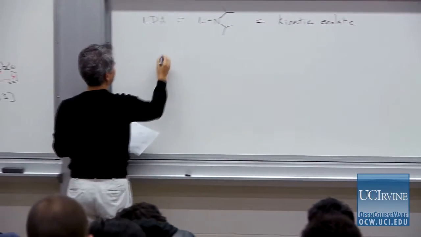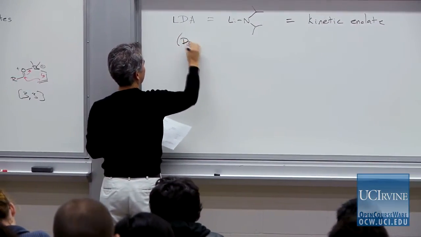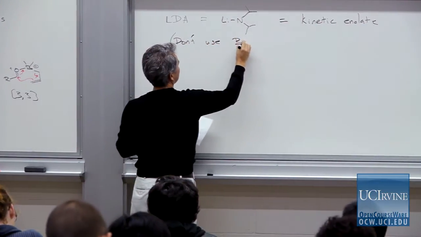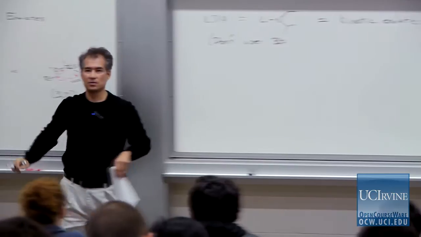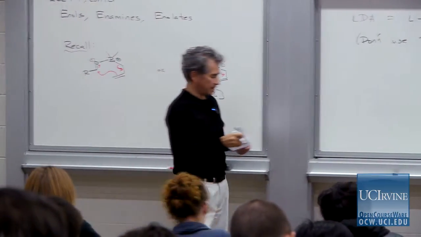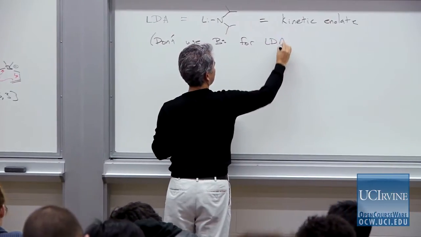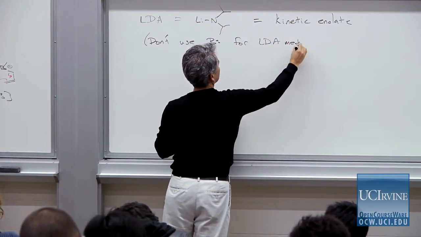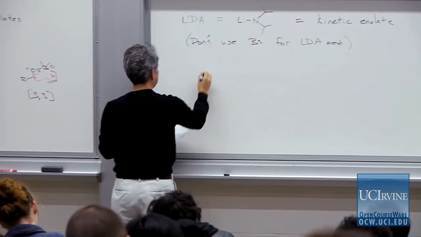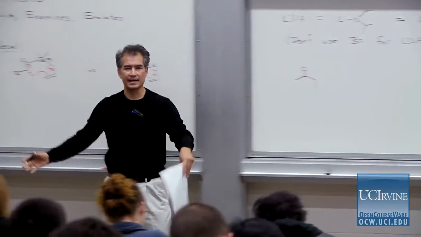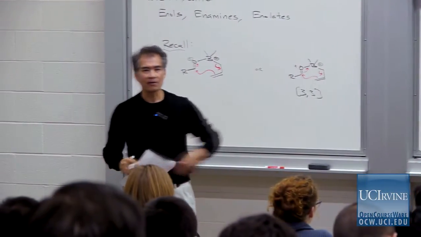So let's go ahead and draw out a mechanism. And let me start off by warning you, don't use this generic symbol B for a base when you draw the mechanism for LDA deprotonation, and I'll show you why. The mechanism for LDA deprotonation: remember all of these pictures that I showed you of aggregates of lithium, alkyl lithium